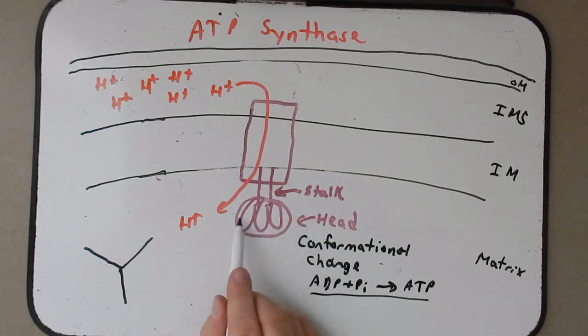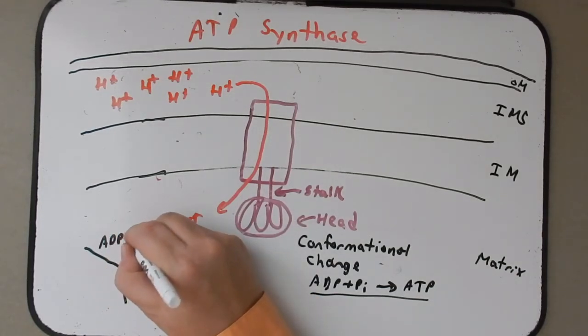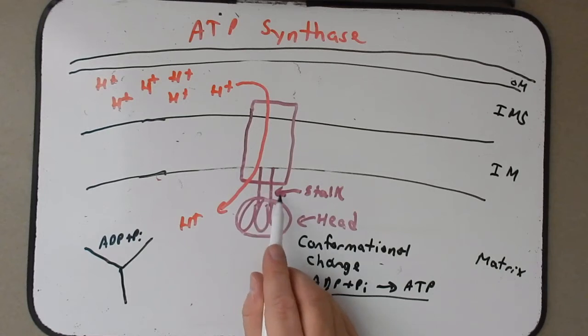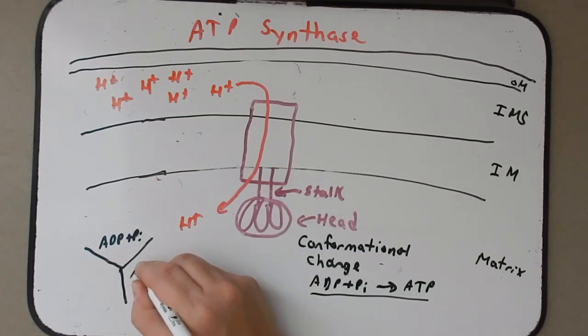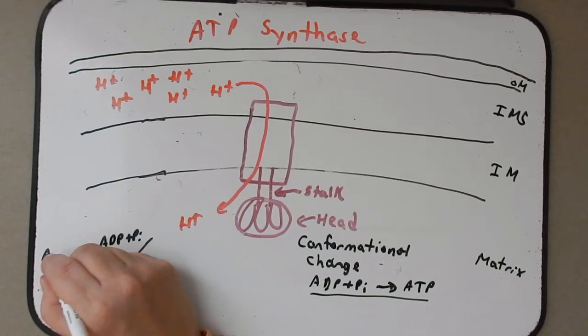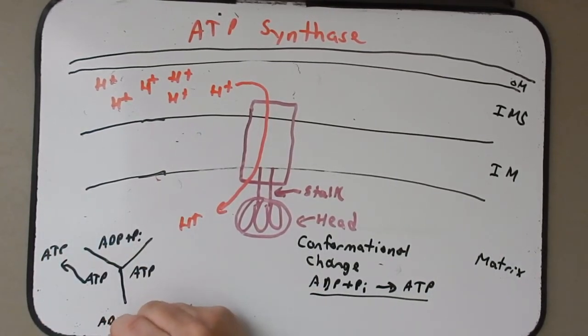So this would be a cross-section through these proteins. What happens is ADP plus Pi are sitting together in these proteins. As the stalk spins them, they create a favorable interaction that forms the ATP molecule. And then as it keeps spinning here, this ATP is lost from the complex, released, and then new ADP, inorganic phosphate, come into this